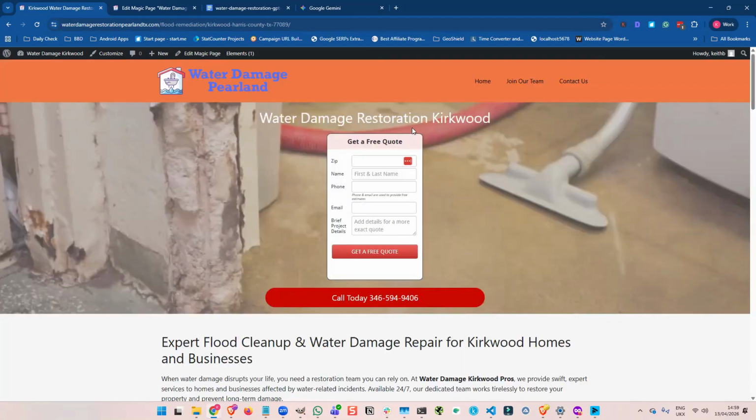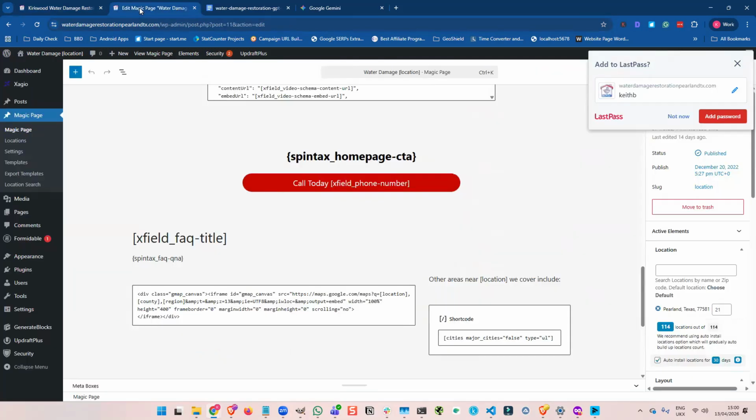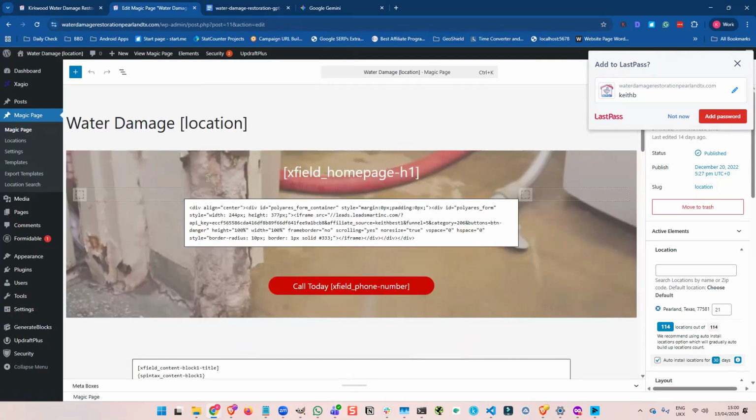And that just helps them to index better, especially those pages which don't have a huge amount of search volume. Sometimes they just don't index, whereas like this, they do tend to index quite a lot better. So how do I do it? Well, the first thing you need to do is when you build out your Magic Page site,